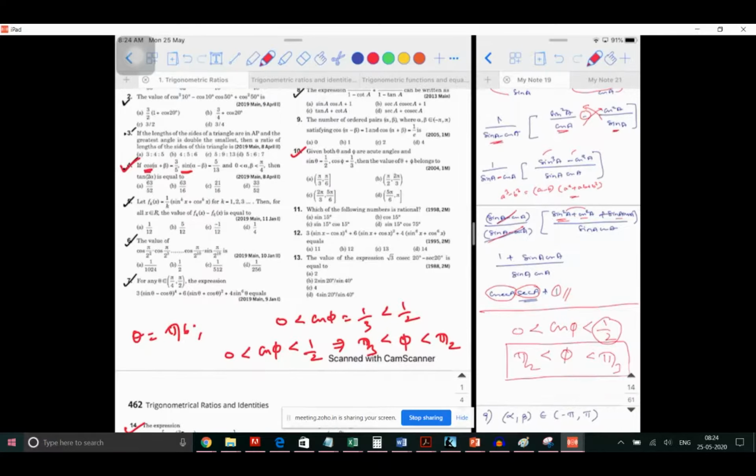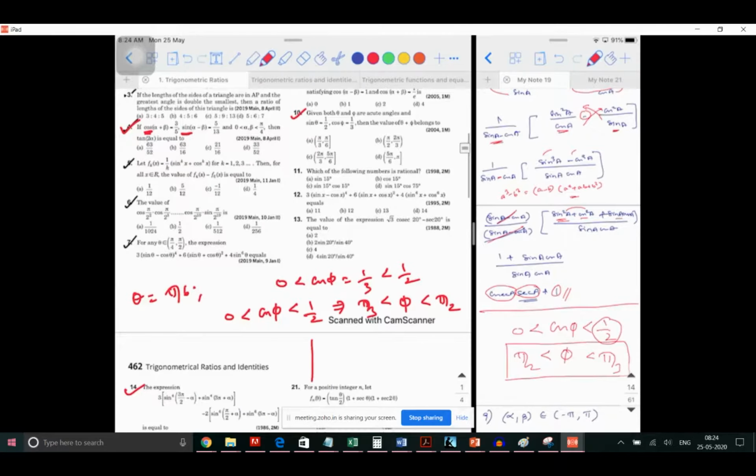See, what property does the cos function follow? If you look at the graph of cos, how is it actually? It is like this. Between 0 to pi by 2, my question is, is it an increasing function or decreasing function? Decreasing. It is a decreasing function. So decreasing means when the value of the angle is increasing, the cos value will decrease. So when you're handling this kind of a function in an inequality, it is similar to handling a minus sign.